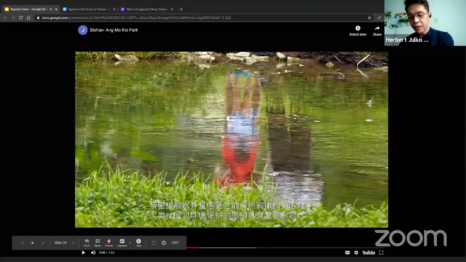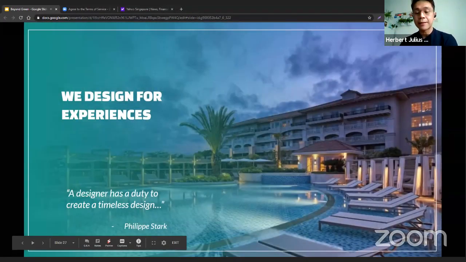So my last and third point is, as designers and landscape architects, we design experiences, and this experience must be timeless, and when we say timeless, we consider at least 20 years of existence, and not just a whim of the designer, purely aesthetics, but consideration of experience for a long time.